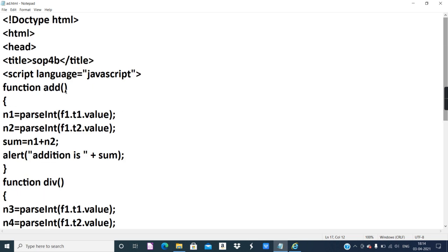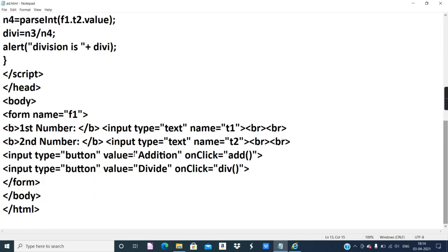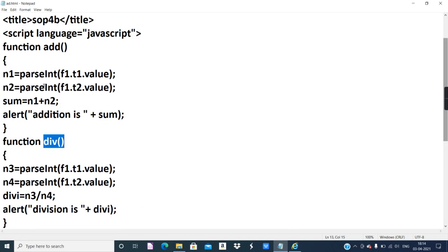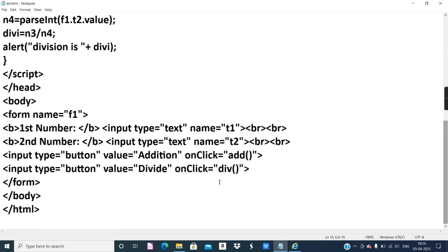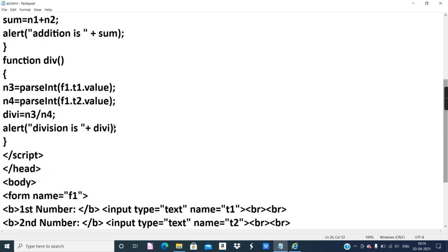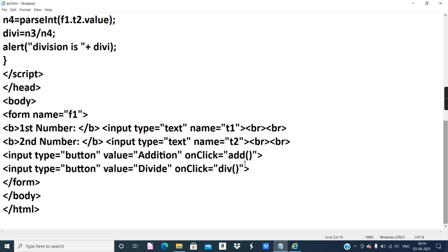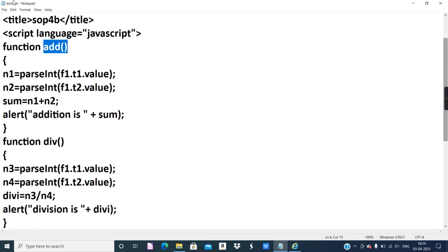And very important, the names of the functions should be mentioned in the buttons, because when you click on a specific button, that particular operation must be performed, either addition or division. So how to do that? By using the event handler onclick. Use the event handler onclick and provide the name of the function, exactly this one, the entire thing with the parenthesis, exactly. Now if the function is here, while creation you mentioned a small a,